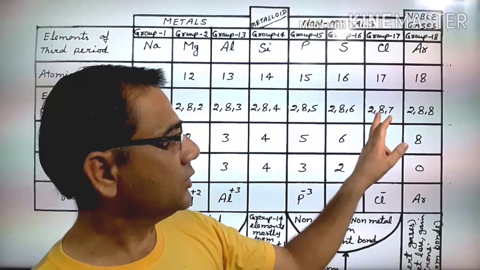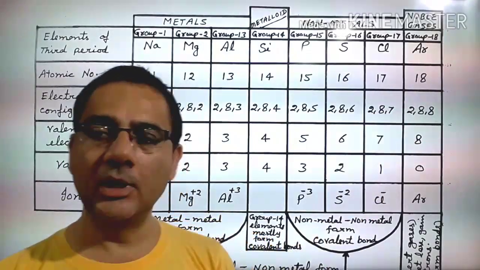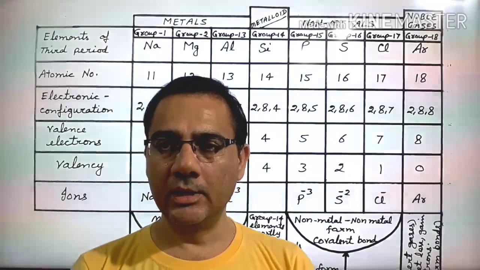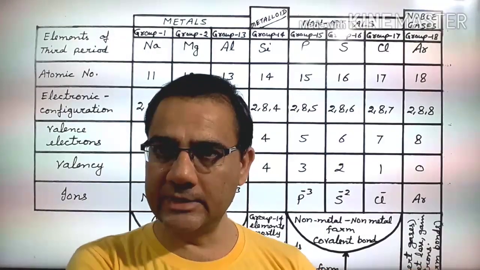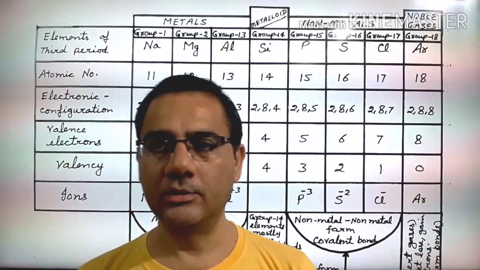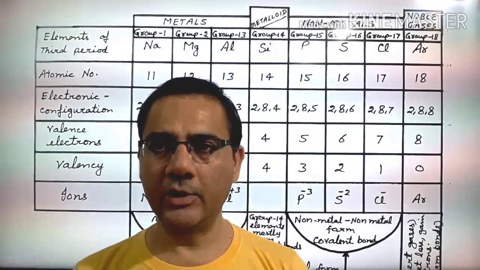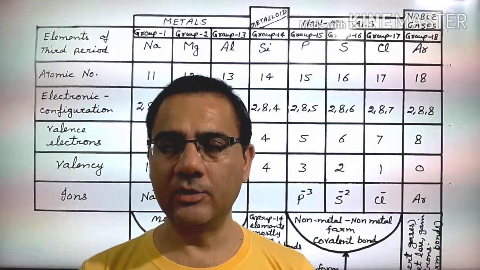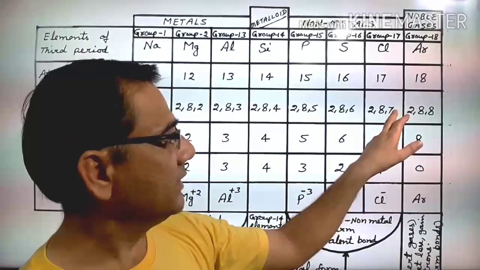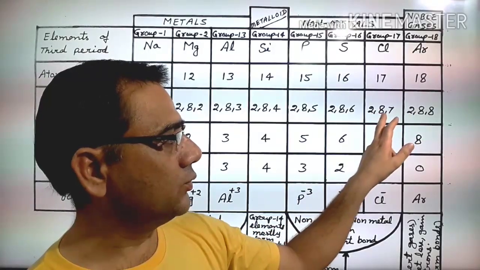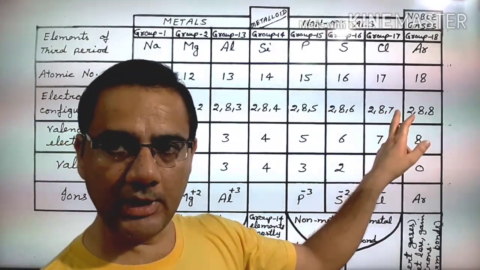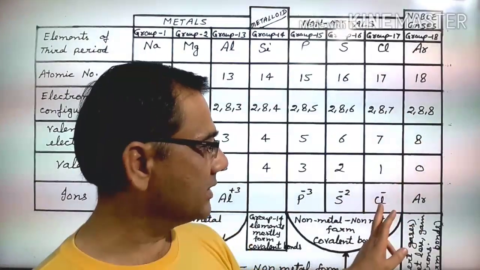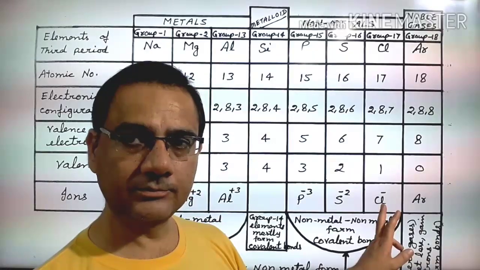And afterwards, last, 2, 8 and 7, it has 7 electrons in the outermost shell. And if it has 7 electrons in the outermost shell, again two possibilities, losing 7 electrons or taking 1 electron. So what is easier for it? Gaining 1 electron from another atom. So it very easily accepts 1 electron from another atom, and after gaining 1 electron, this makes the configuration 2, 8 and 8, and the outermost shell has 8 electrons, and after gaining 1 electron, it acquires 1 unit of negative charge.